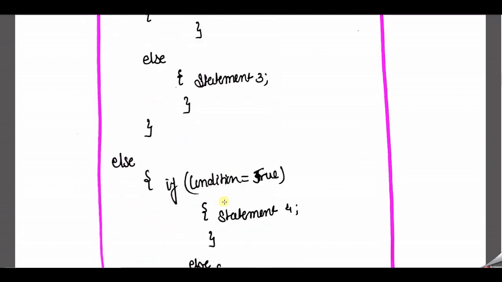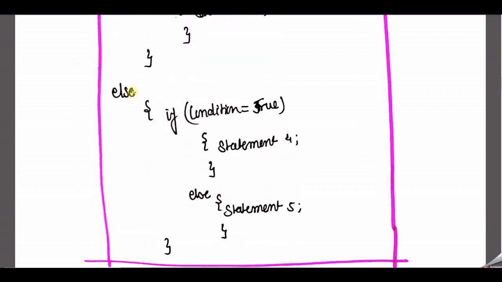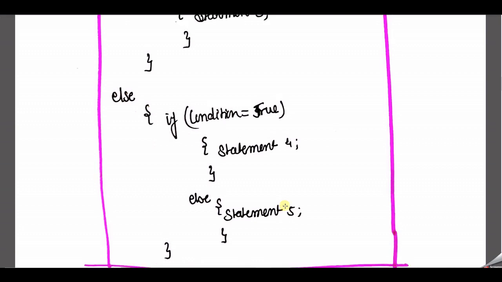any exams. Again, else means what? The number is not less than 60, that means the number is greater than 60. Okay, here again we need to check, but still we need to check our backlog. If the backlog is equal to 1, then I need to give the exam. If not equal to 1, that means less than 1, not more than 1, then you need to give the proper condition here. Then you don't require to give any special carryover here. So this is what exactly we saw.